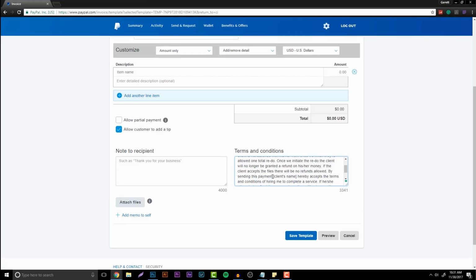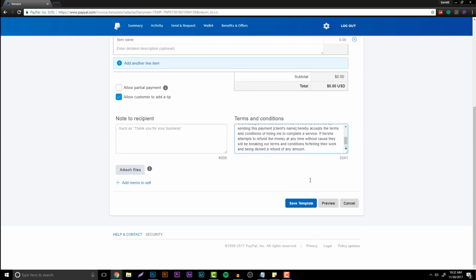By setting this payment, and then I'm going to put like the client's name, hereby accepts the terms and conditions of hiring me to complete a service. If he or she attempts to refund the money at any time without cause, they will be breaking our terms and conditions, forfeiting their work, and being denied a refund of any amount. So it's very general, but it gets my point across very clearly. They're allowed to redo if they have to have it. There's no refunds on their money if we do a redo. If they don't like the work the first time, they want the money back, I just send it back, no questions asked. But if they try to dispute the money, the terms and conditions gets broken, the money is mine,